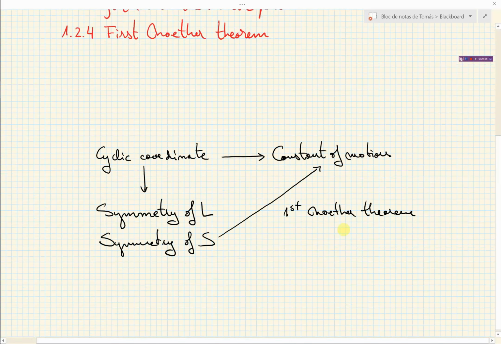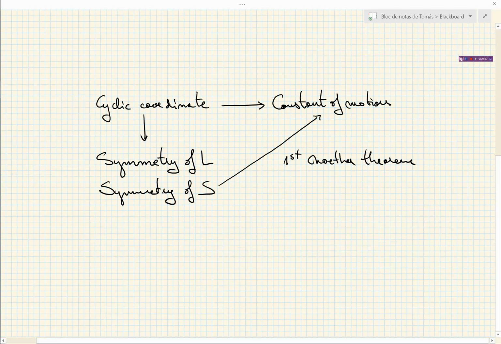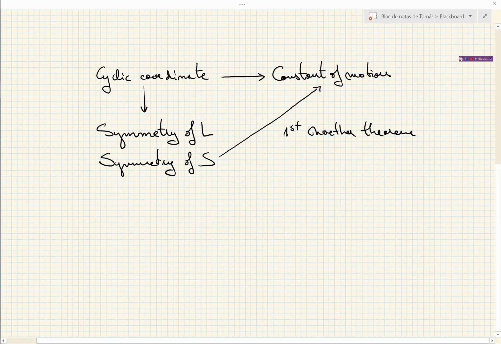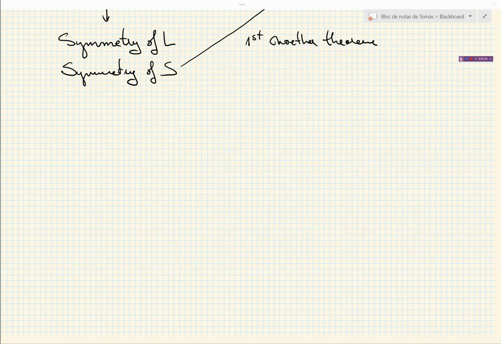People often refer to this theorem as just the Noether theorem, but basically because often the existence of a second Noether theorem is ignored, and the second Noether theorem is also very important, I would say, fundamental in theoretical physics. Let's prove this theorem in the simplest setting.